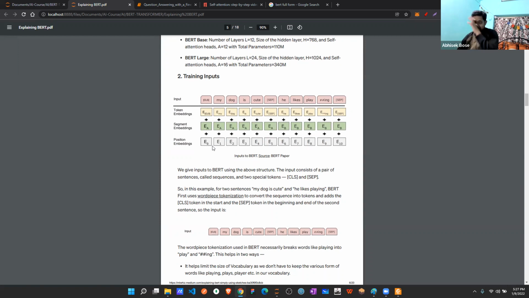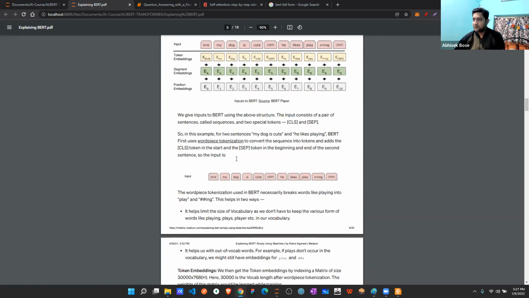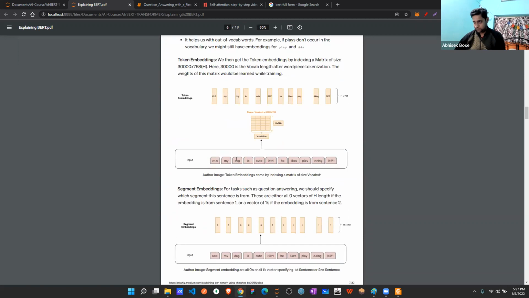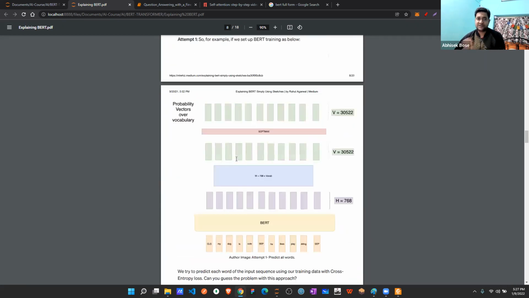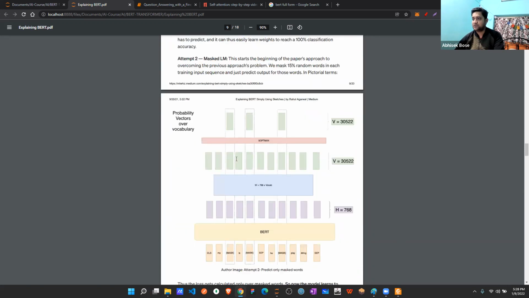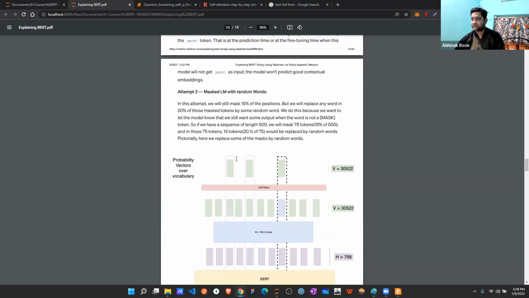Positional embedding basically checks position-wise which word comes after which word. I will share all these documents. Read all these documents, not an issue. Let's jump to the actual code.